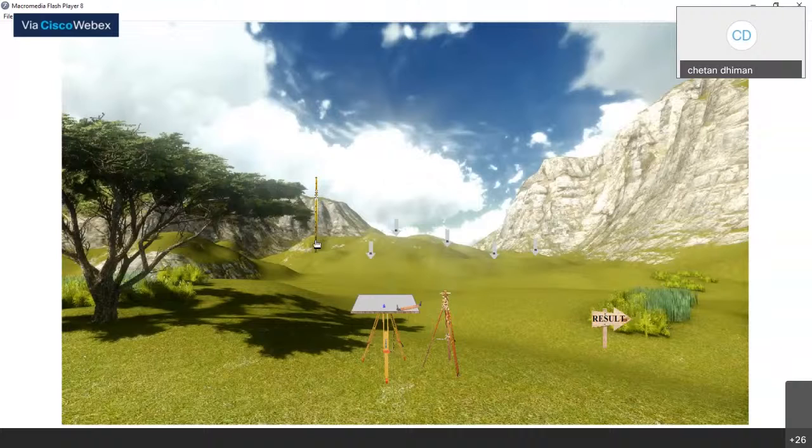Then when I click a second time on my alidade, you will see a line drawn on my plane table with the help of the alidade. I repeat this process for all my points, and here you can see that from a point a line is drawn on the plane table automatically.